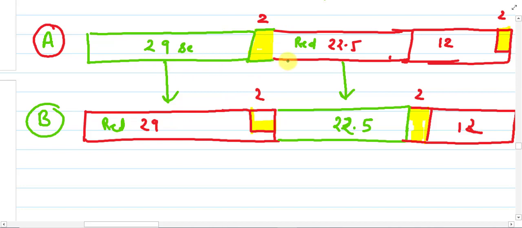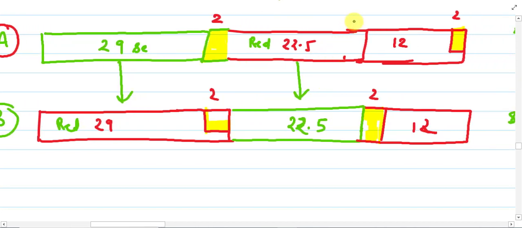Okay, so we have this one figure from the section here to here. You can just see this section from here to here. After that, we add 12 seconds for pedestrian crossing and 2 seconds for red amber time. So this is your lost time. Okay, so what is your lost time in this case? 12 plus 2 plus 2. So this gives the value of 16.